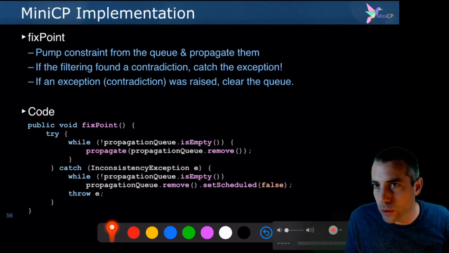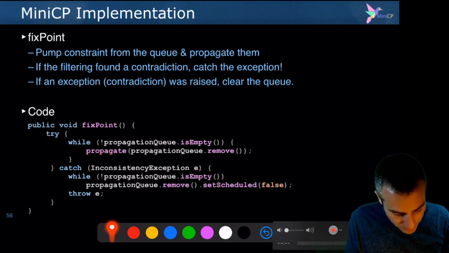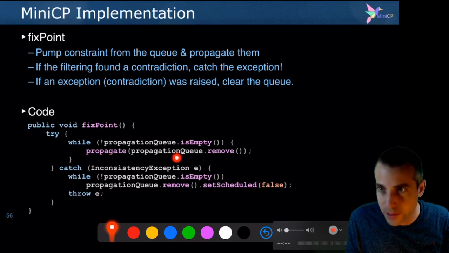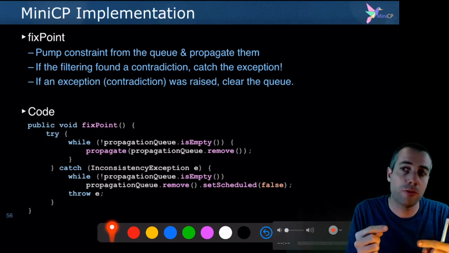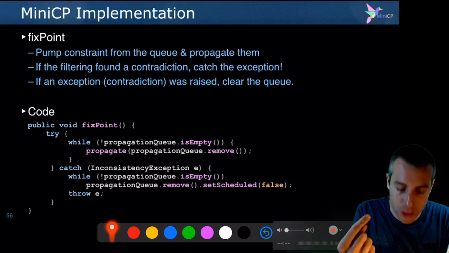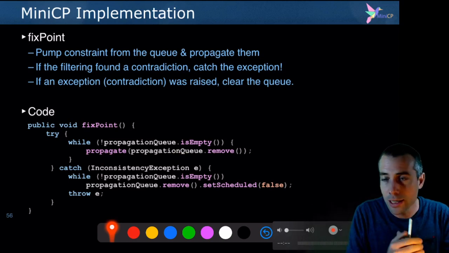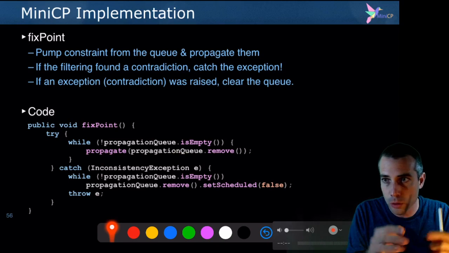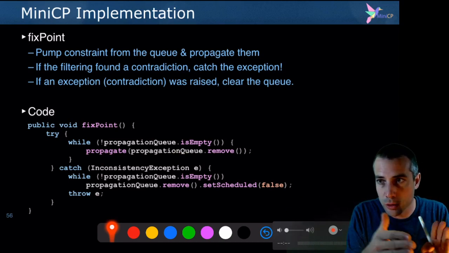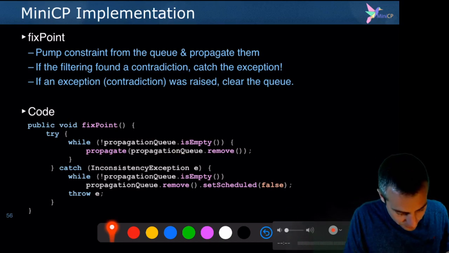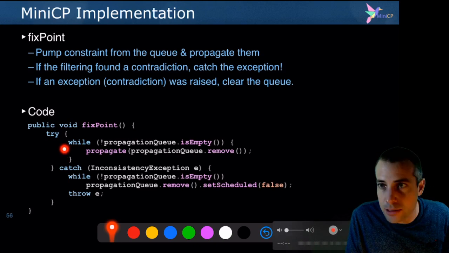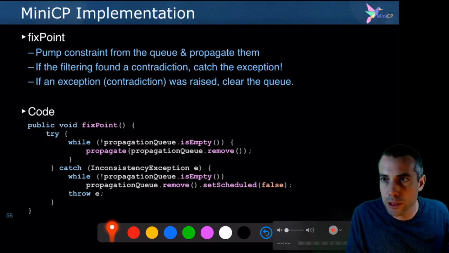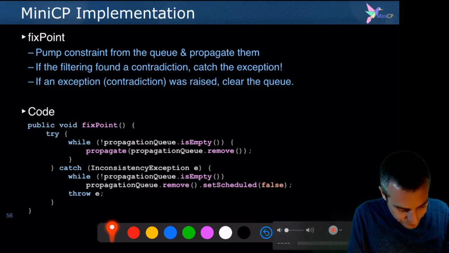It's not clear when it will finish. We cannot predict that exactly because the propagate method, as a side effect, might modify the domain of some variables that themselves will add some constraints inside the propagation queue. So the propagation queue, when you propagate one constraint, may grow, shrink, grow, shrink, and so on, until it becomes empty. But you know that it will eventually converge, and so in a finite number of steps, this should terminate, since the domains of the variables can only reduce.